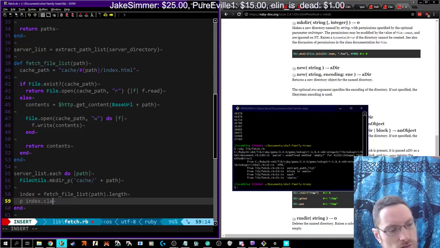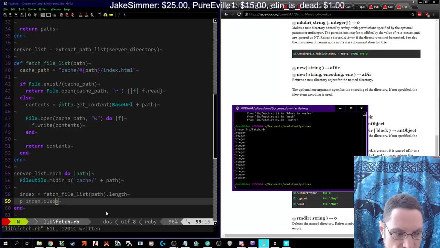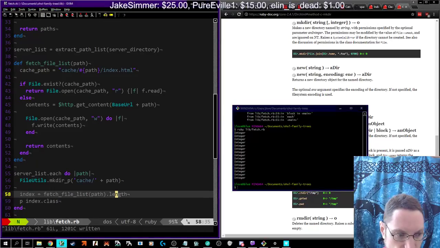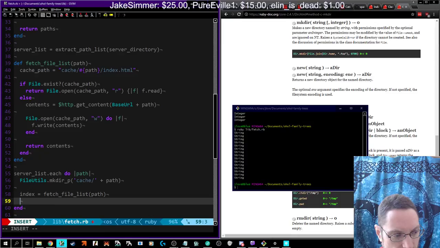Is it class? Integer. Okay, yes, if we're doing length, then yes, it is an integer. Oh, I left the length on there, which is why it was complaining. All right,